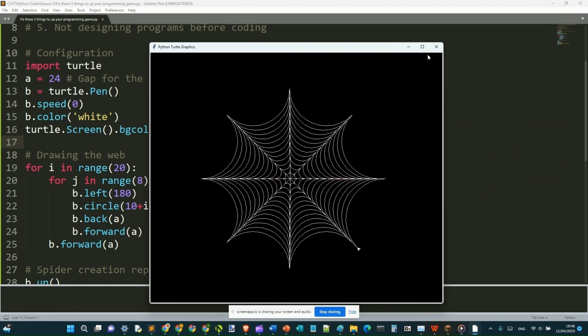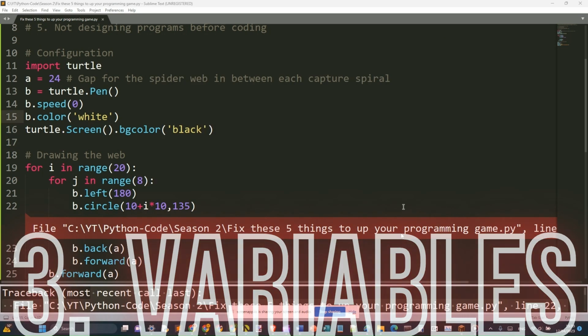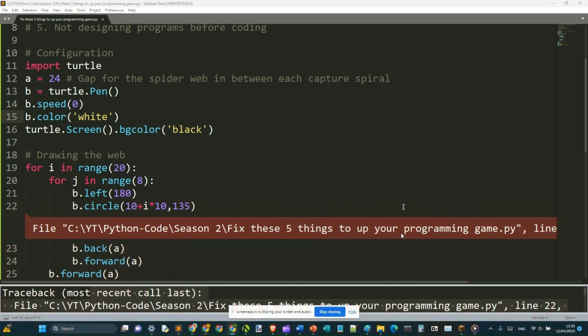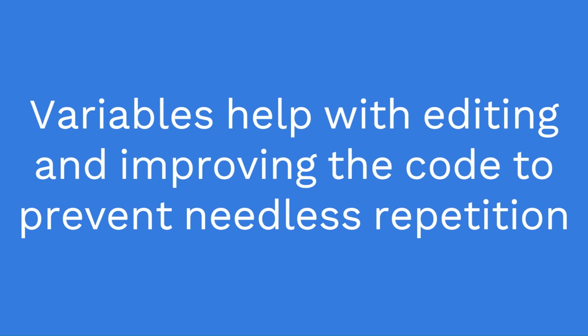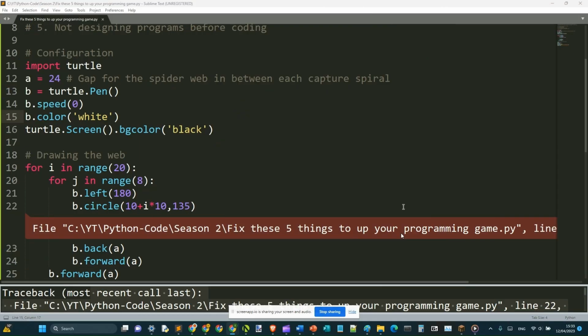Which leads us to number 3, variables. Either you use bad variable names or you don't use variables at all. Using variables helps describe what specific values are about if you do it right. Even if you don't, it will still help with editing and improving the code, where if you have to change A to B 100 times in the same code,